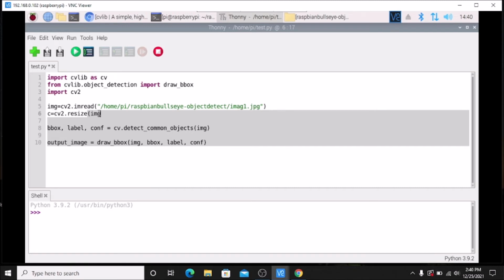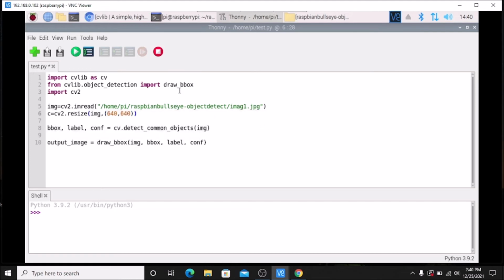It will be resized by the cv2.resize function, as simple as that. So we need to mention the img variable, then comma, tuple, and inside that we need to mention width and height. So 640, you can mention as per your image. So I am going to go 640 this way, and then complete the bracket.